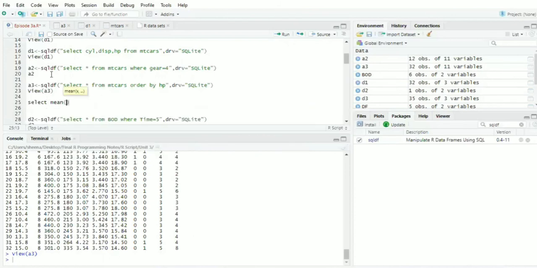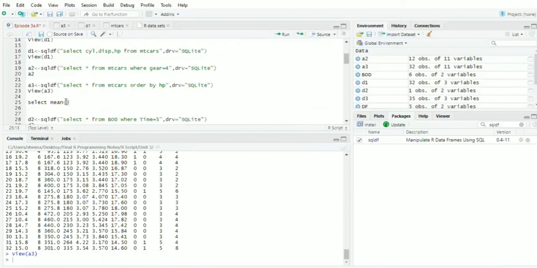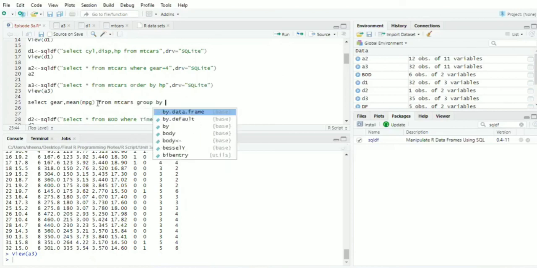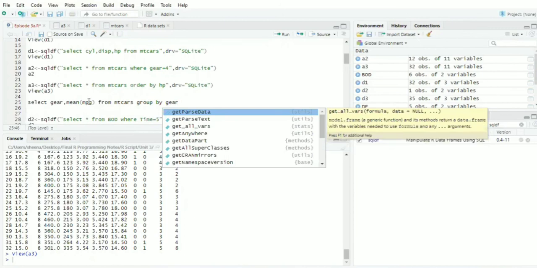I want to apply the group function on the MPG column, so avg MPG, and I want to see it gear wise. So I will write that column also, gear, from mtcars group by gear. This is my command.